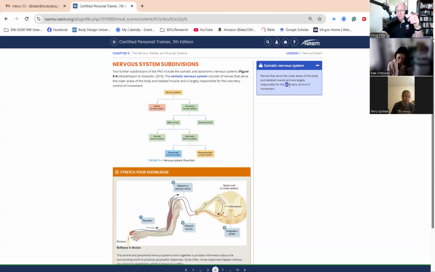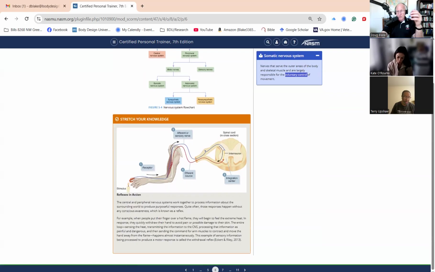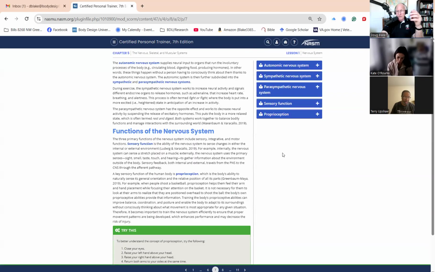Look at the words voluntary control. So the somatic nervous system as a subdivision provides for voluntary control of human movement. Y'all get that? Opposing the somatic is the what? Autonomic nervous system. Does that make sense? Y'all got this? Yes. Somatic, autonomic,